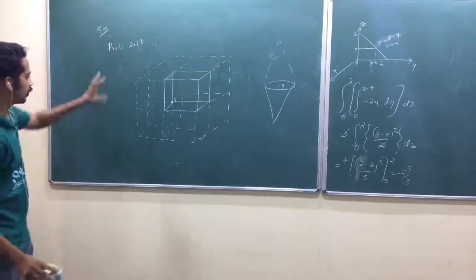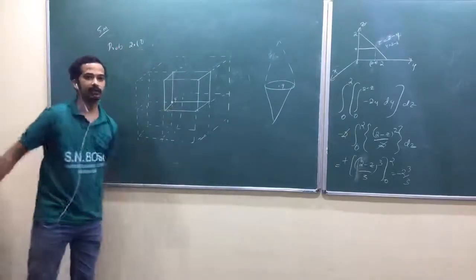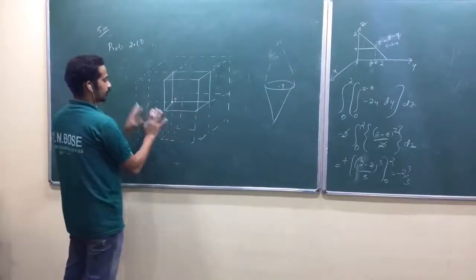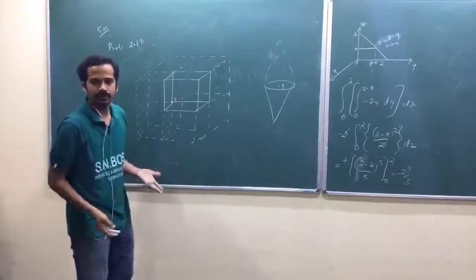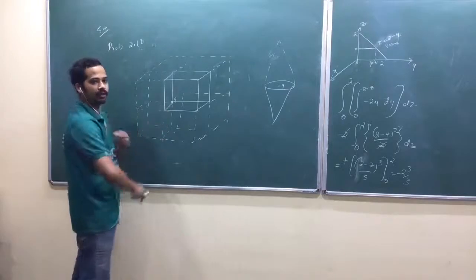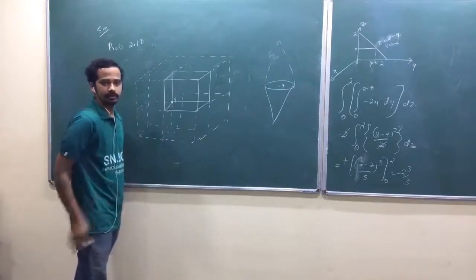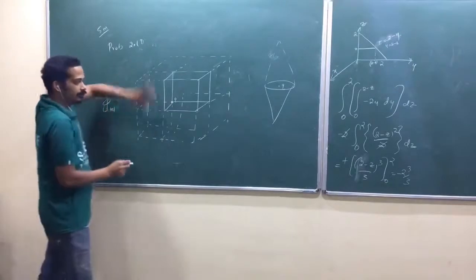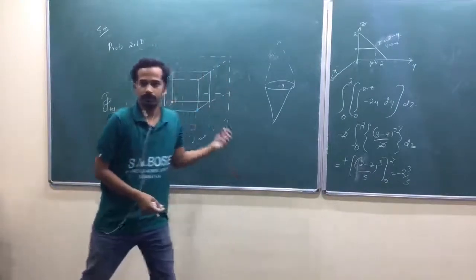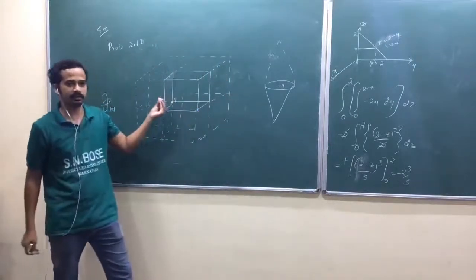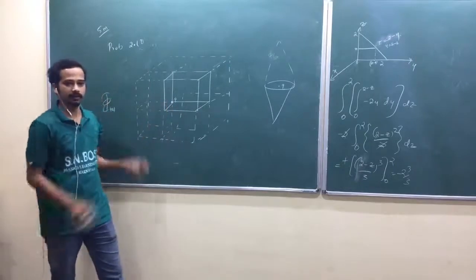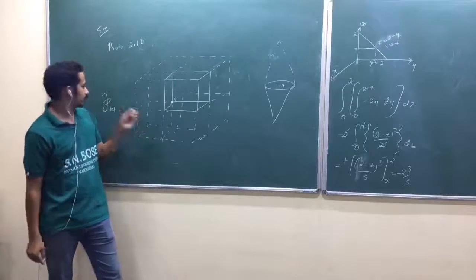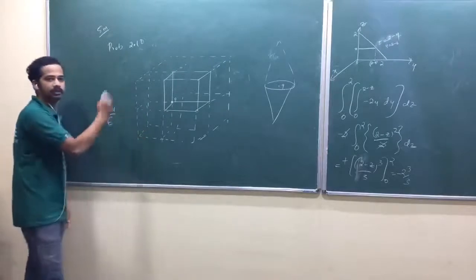Now you have to take a total of 4 plus 4, 8 cubes. Am I right? Now look at here. Each cube, how many faces? 6 faces. Am I right? Each face will contribute 1/6. So suppose you take the total flux as 5 total. Each face of this cube, because this cube is at the symmetric center of that whole big cube, will take 5 total divided by 6 flux.